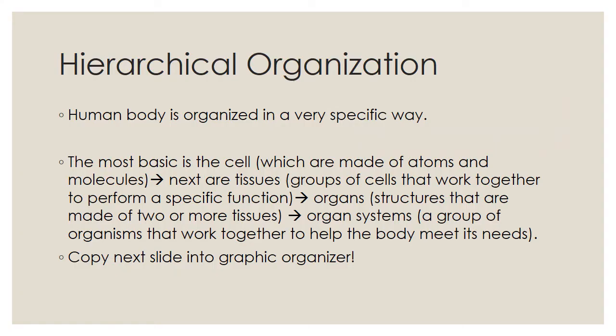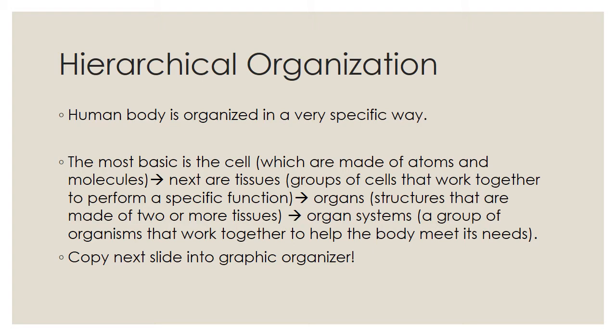So before we get into the actual skeletal system, we need to talk about what's called hierarchical organization. Basically, it's how the human body is organized, and it's organized in a hierarchy. It's a very, very specific way, and it goes from the smallest to the biggest. So in the human body, the very, very smallest or the most basic part is the cell. Cells are made up of atoms and molecules, and then